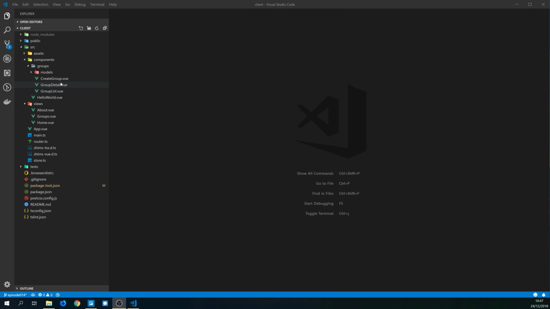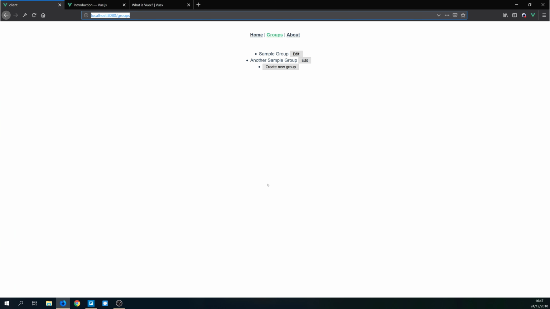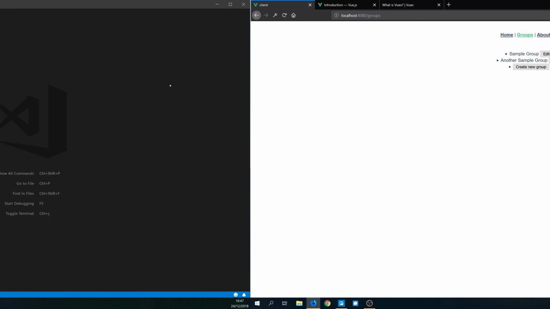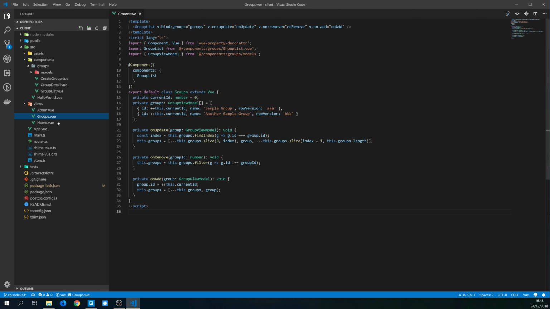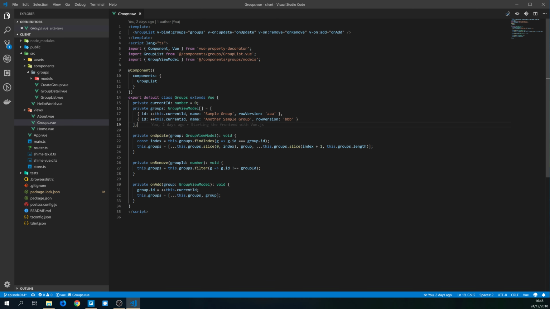So we built a component and this page here, and we have feature parity with what we had before, but we still don't call the backend. Before integrating with the backend, I want just to make a change to, instead of having the data available directly in the component, so if we go here to groups, we have here, of course it won't be hard-coded once it goes to the backend, but besides this I want to use the store, or in this case with Vuex,